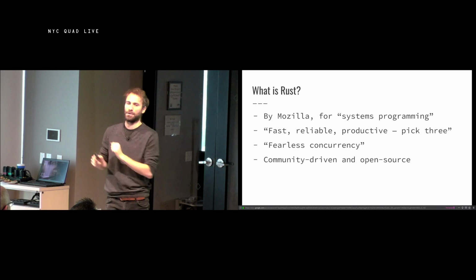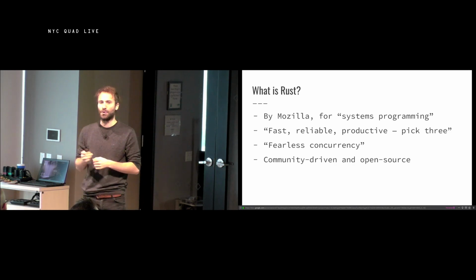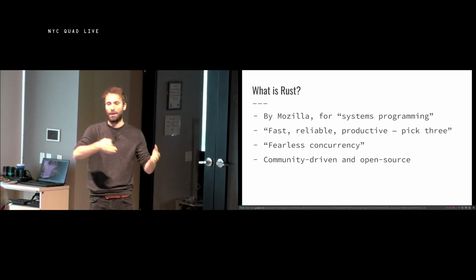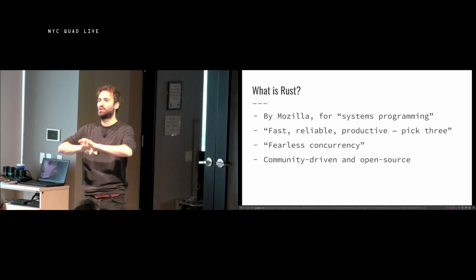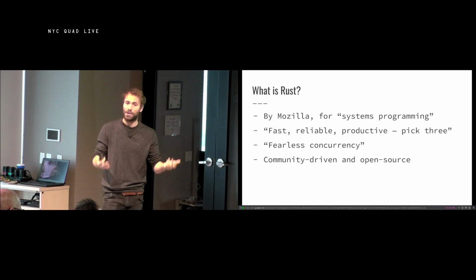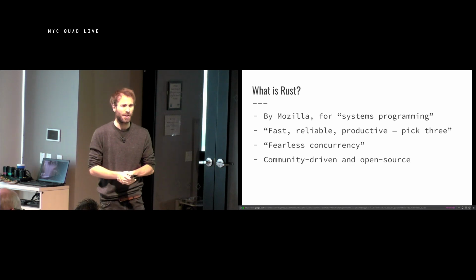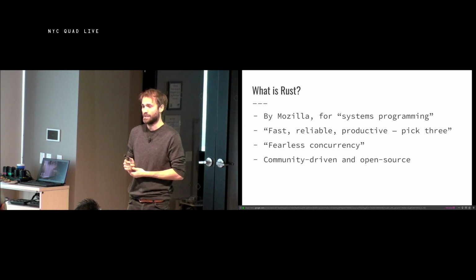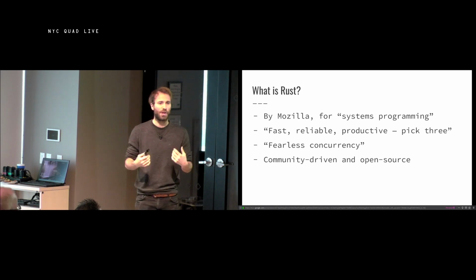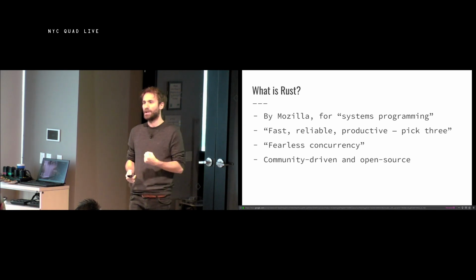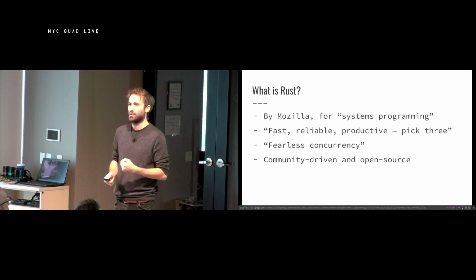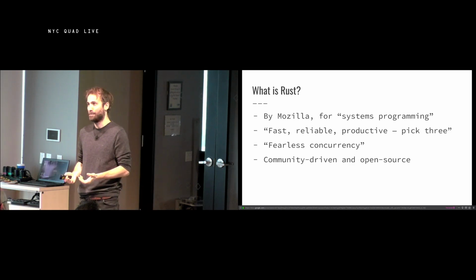I have to choose to not get a particular feature. Like in C, you don't get safe code, but you get really high performance. And Rust wants to do away with those trade-offs and instead say, let's try to do all of them. In particular, Rust takes this approach with concurrency. So in Rust, they have this slogan of fearless concurrency. You should be able to write code that is concurrent without worrying that you have data races and your code is going to crash all the time.